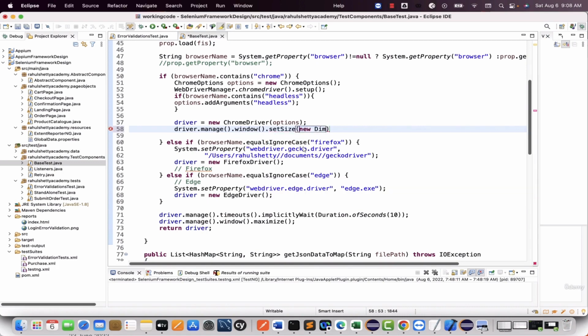So we can set the size to a new dimension of 1440. This is generally recommended when you want to run the application on full screen mode. Okay, so this comes on top of this maximized mode. This will be treated as a full screen. So when it runs in headless mode, you are just giving a heads up that we need to run this on full screen mode